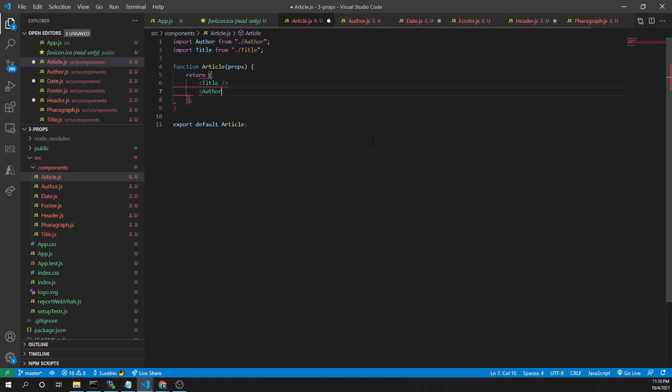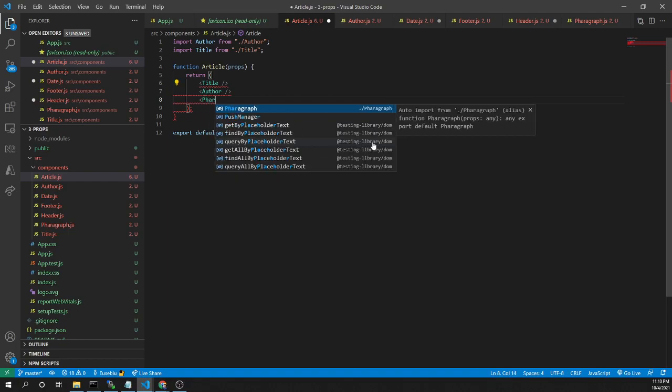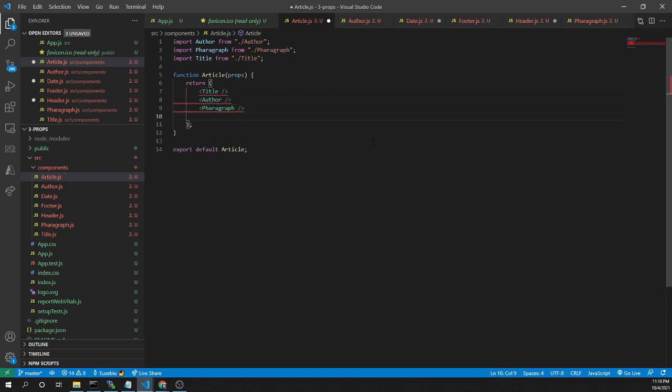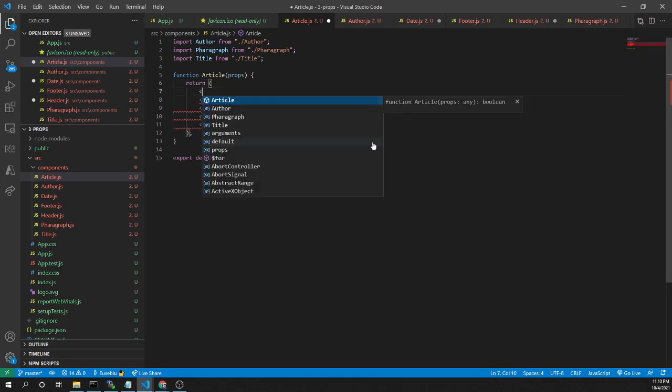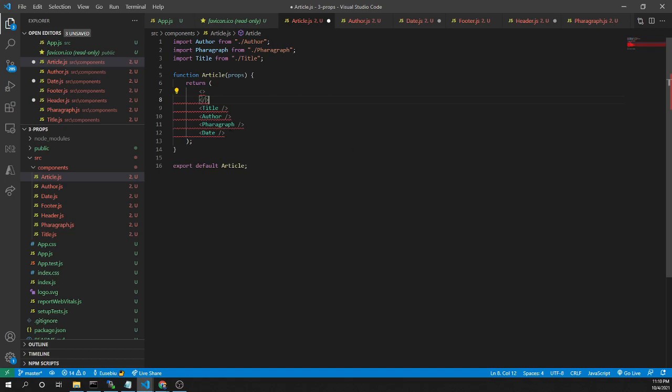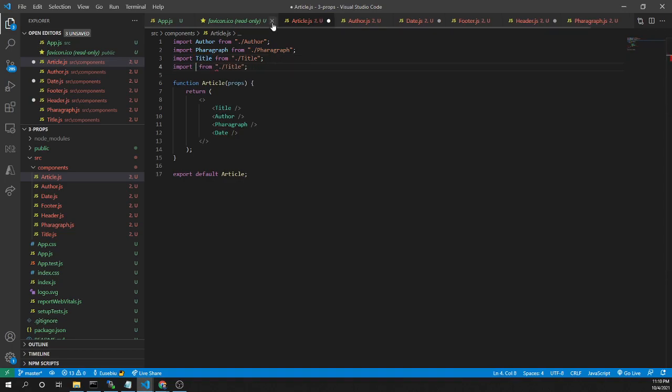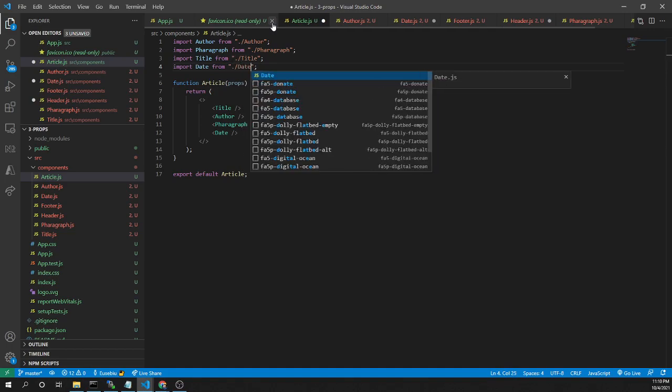Also I add my author component. I'm adding the paragraph component and also the date component. And for all these components I need to add a parent. Oh, the date is not imported. I need to import it. So here I have import date from date.